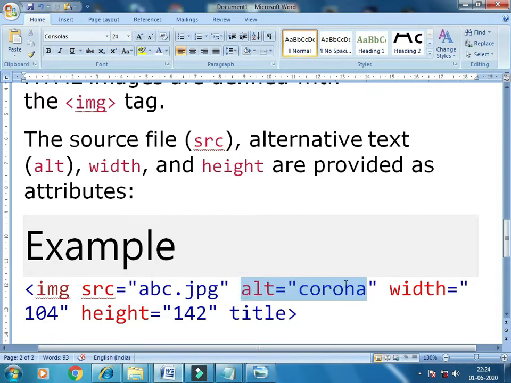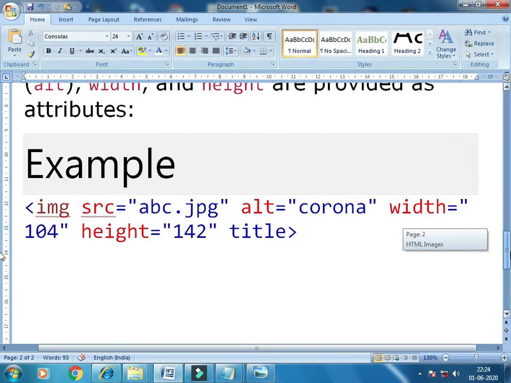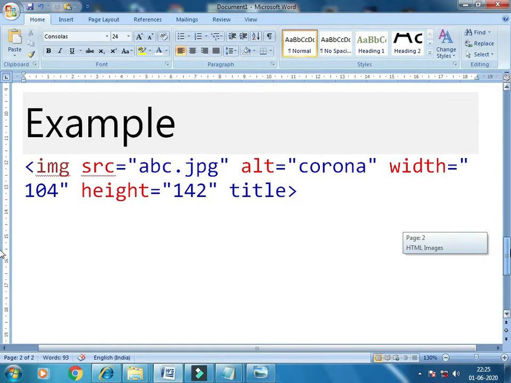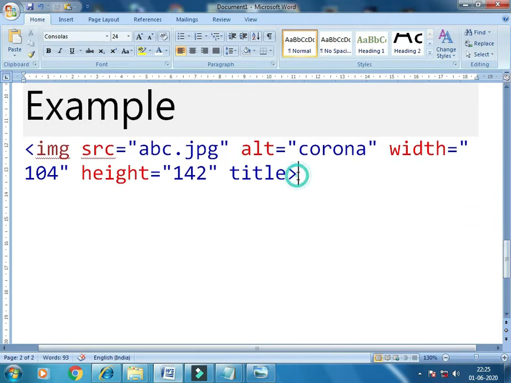And what is alt, what is alternate text, I'm telling you later. This width attribute and height attribute are definitely for the width and height of the picture. And title, what is title, I will explain to you later.